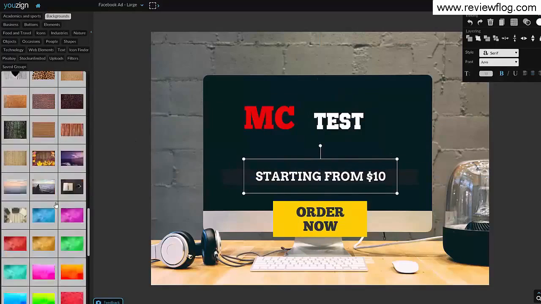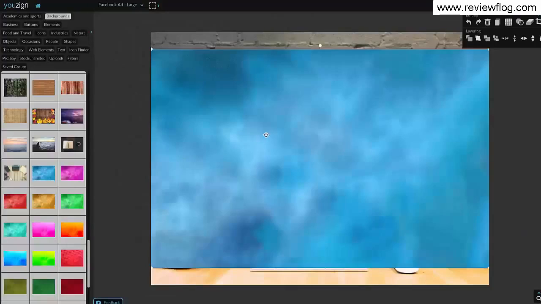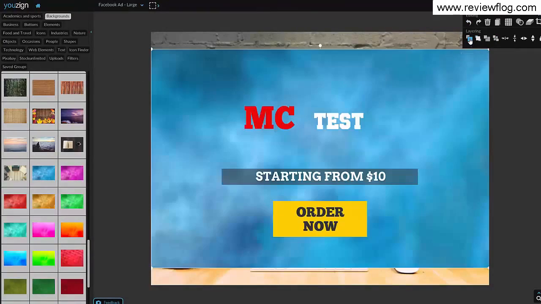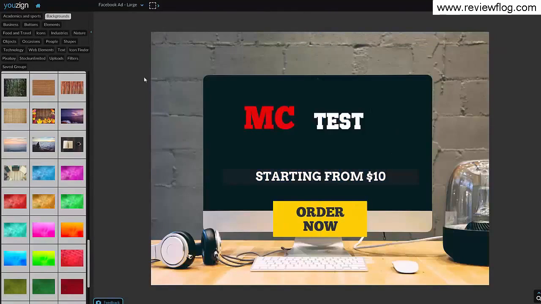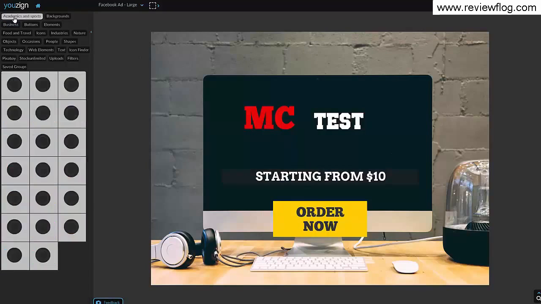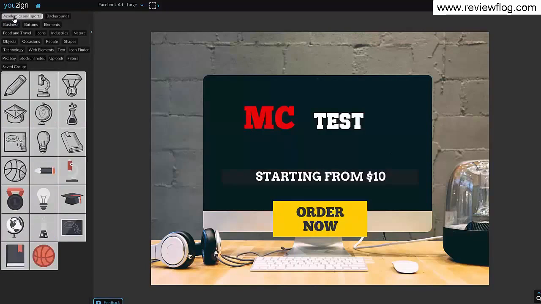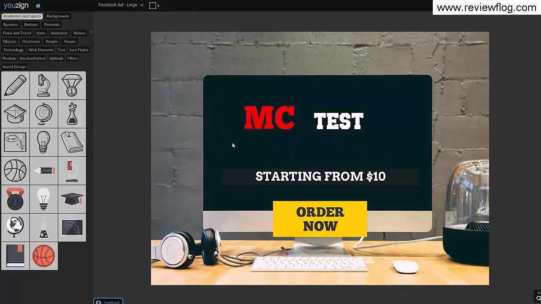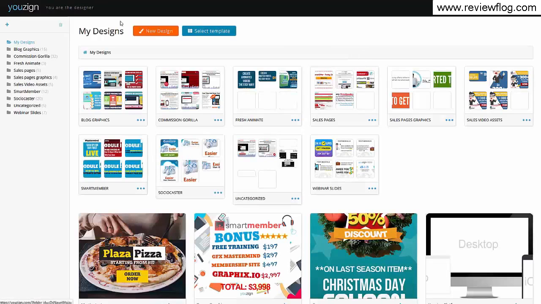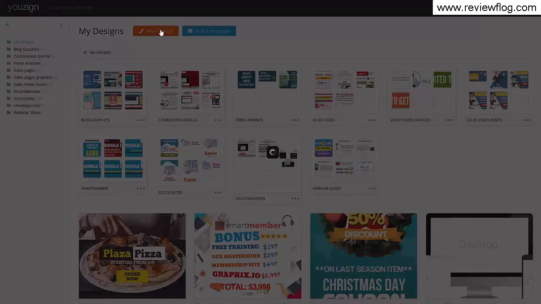Now let's say I don't like that background, want to use a different one. Just go over, click background, and there you go. Obviously it doesn't look as good, but you get the idea. So that's some of the template stuff. Next thing is we have image categories for these kind of icon images. To add anything, you just click it. It drops into position. So I'm going to jump out here for a second and make a different type of template now. I'll show you actually the image from scratch. We'll do one from scratch, then I'll show you some more templates. So we just click New Design,